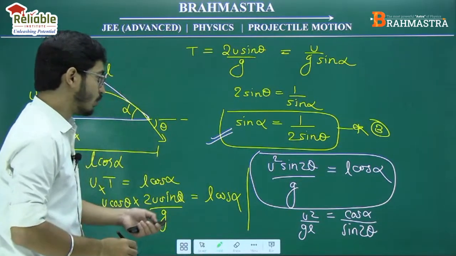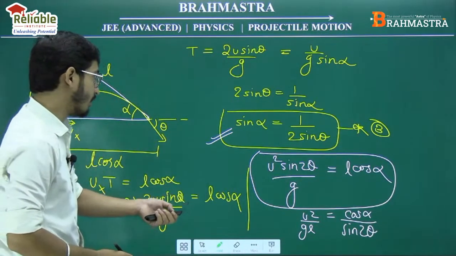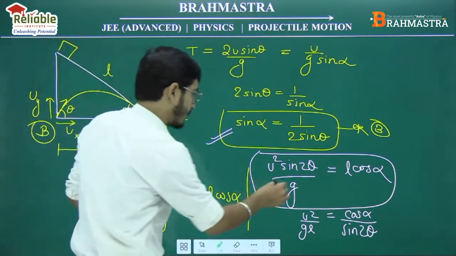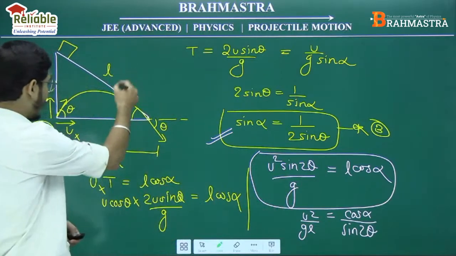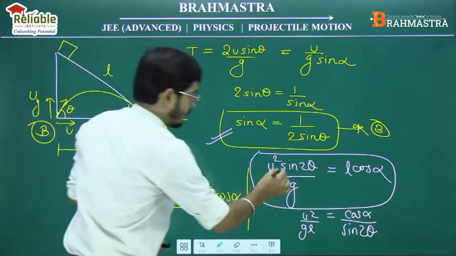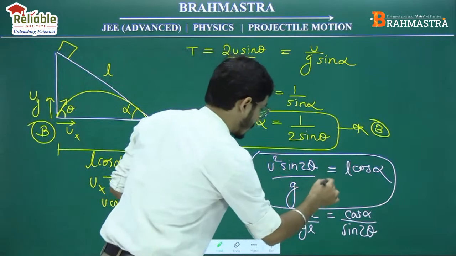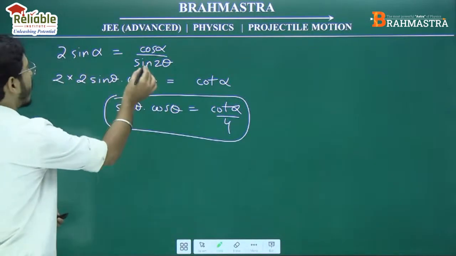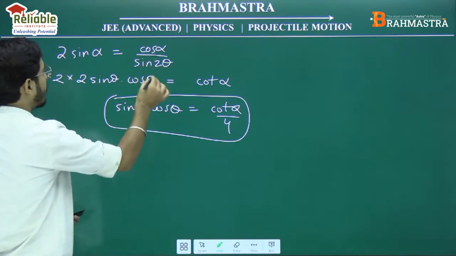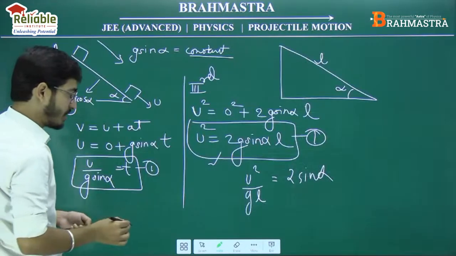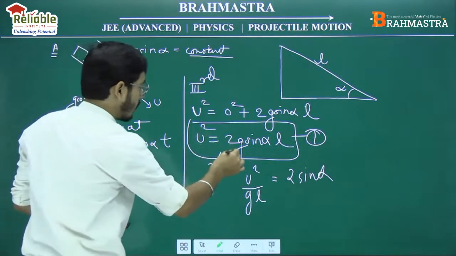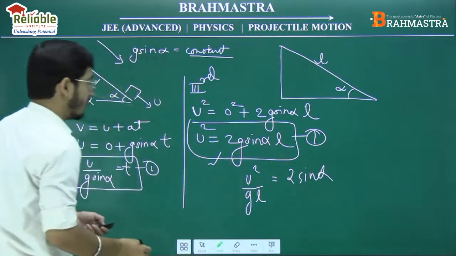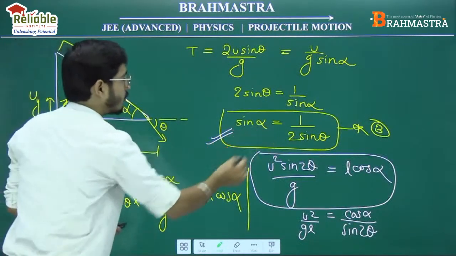दूसरी इंफॉर्मेशन हमारे पास आ रही है cos alpha इज इक्वल्स टू cos alpha, क्या ये एक्सप्रेशन ठीक है, दिस इज गोइंग टू बी L cos alpha, ठीक है, u² = u²/gL will become cos alpha / sin 2θ, ठीक है करेक्ट है। तो यहाँ पे हमारे पास आ गया cos alpha / sin 2θ इज इक्वल टू, पीछे से हम लोगों ने निकाला था u² / 2g sin alpha इनटू L, सो u²/g इज इक्वल टू 2 sin alpha, दिस इज आल्सो करेक्ट।